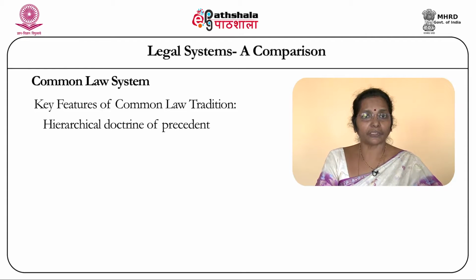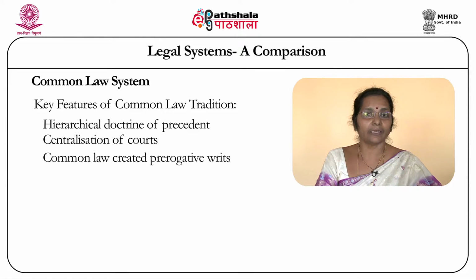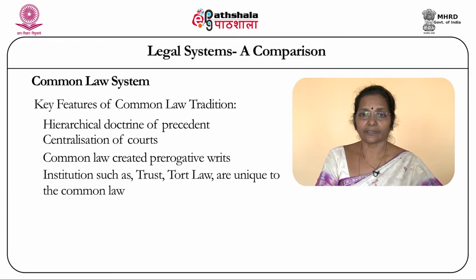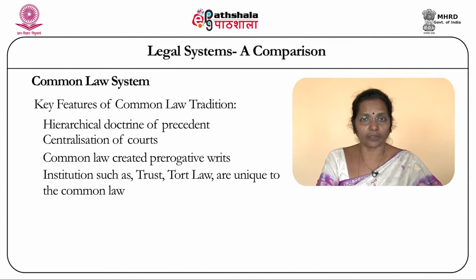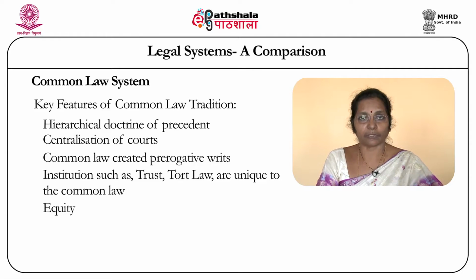And another distinct feature is that there is a centralization of the courts, and one distinct feature of the common law tradition is that they have created the prerogative writs. The prerogative writs include the writ of mandamus, the writ of certiorari, and also prohibition. And the credit goes to the common law tradition in establishing institutions such as trust. Now, the concept of trust is a unique feature of the common law tradition. Similarly, the tort law that is developed by them. Similarly, certain equitable principles,